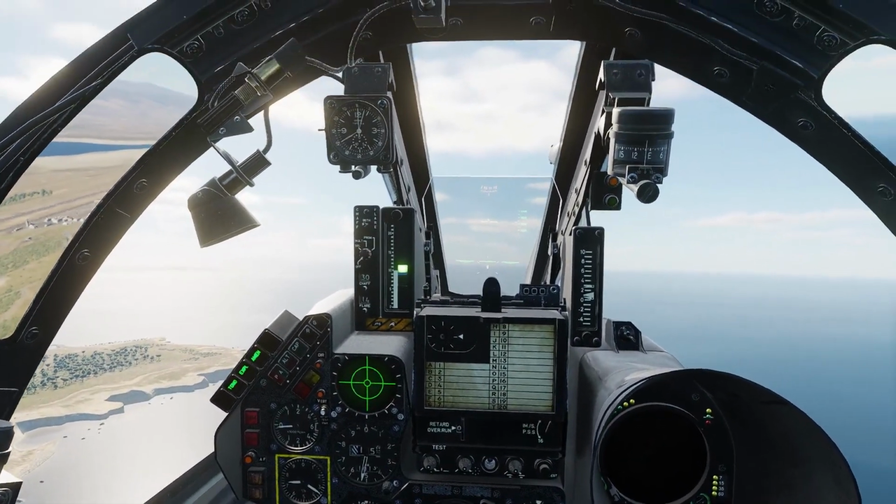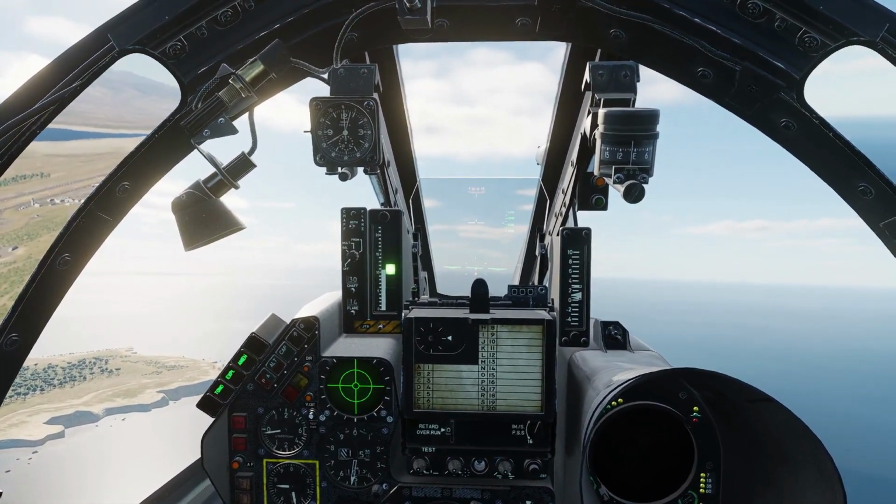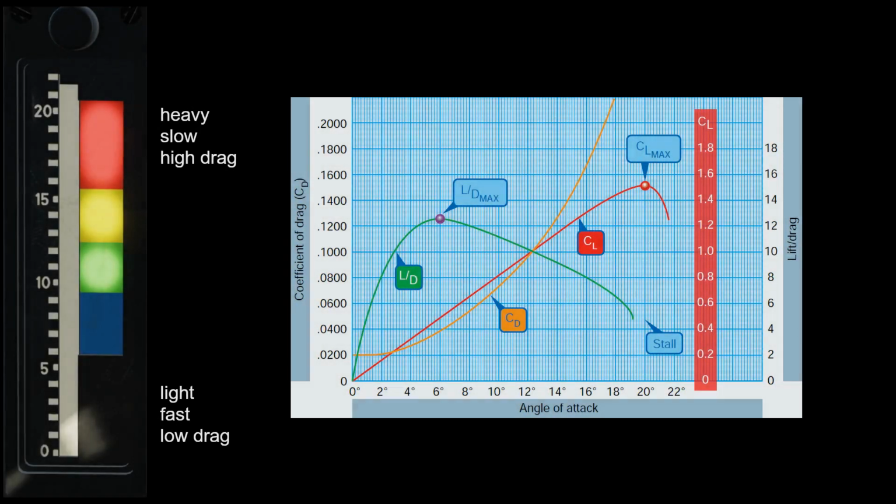Here I'm going to focus on three practical applications of all this theory. The red line on this graph shows the relation between angle of attack and coefficient of lift, which is one of the factors determining the total lift of your wings. The more lift, the more weight you can suspend in the air, or more G's you can pull in a turn. Unfortunately, this comes at a cost of increased drag, the orange line, and nose-up attitude, relative to your true